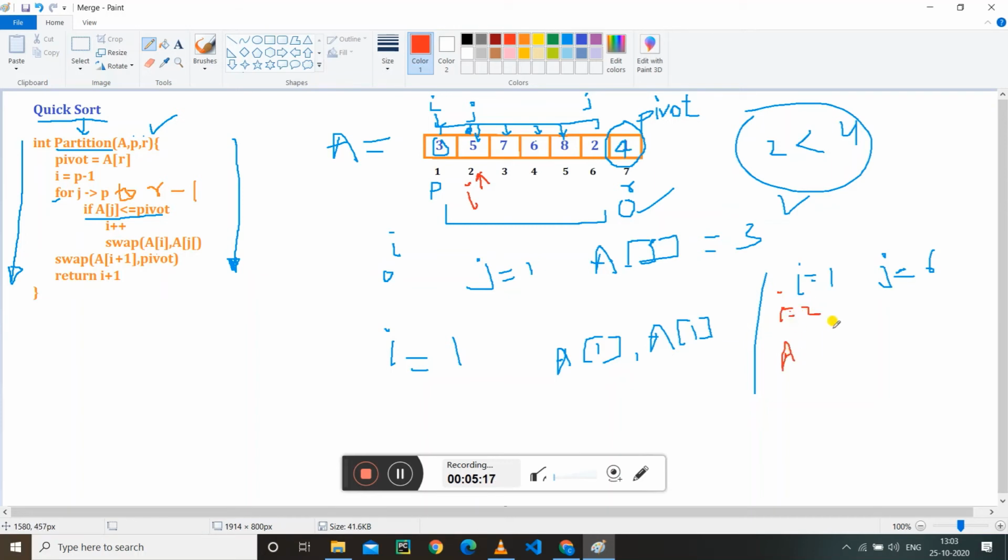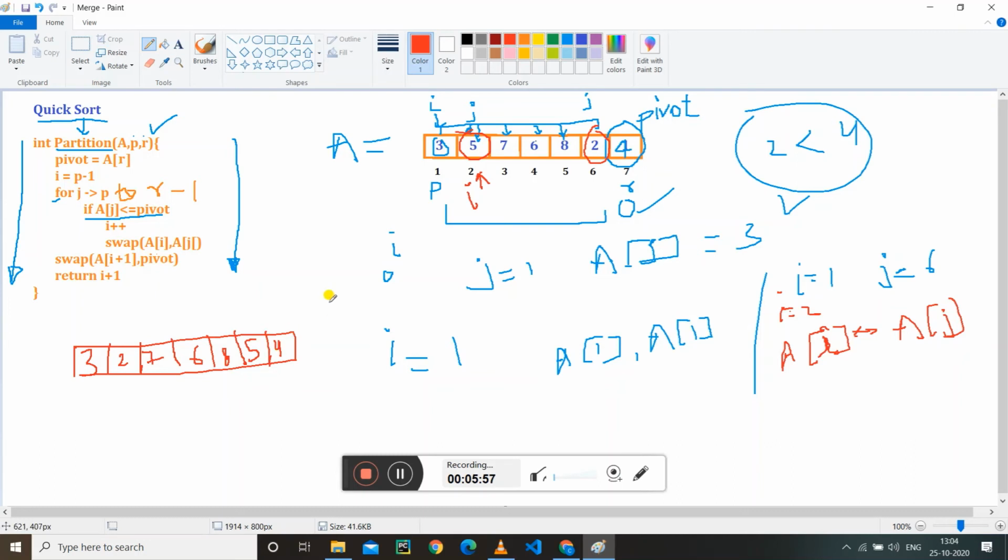And we are going to swap A of I with A of J, so we swap this 2 and this 5. Now what we get is 3 here, 2 here, then 7, 6, 8, 5 and 4, right?